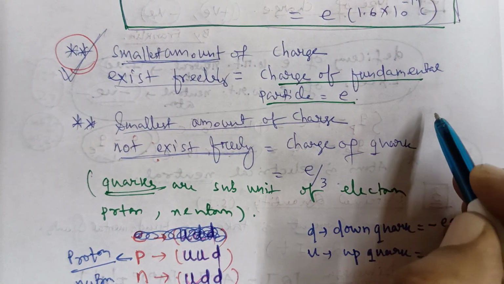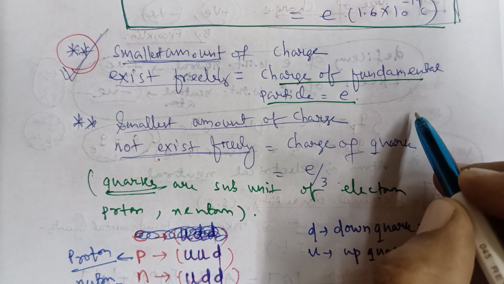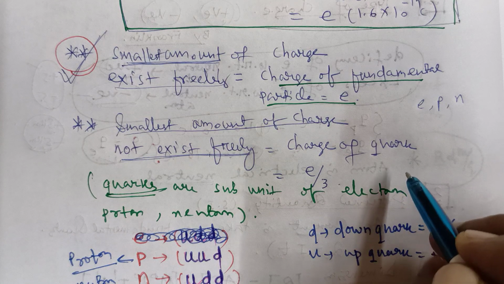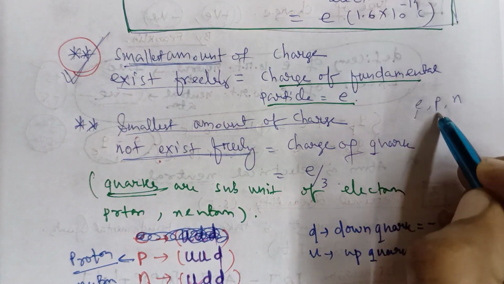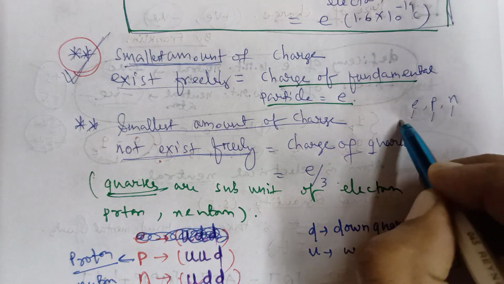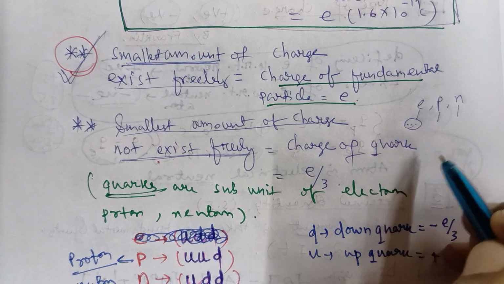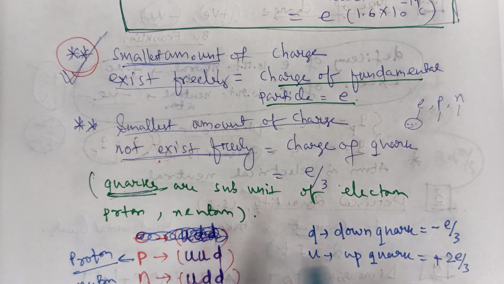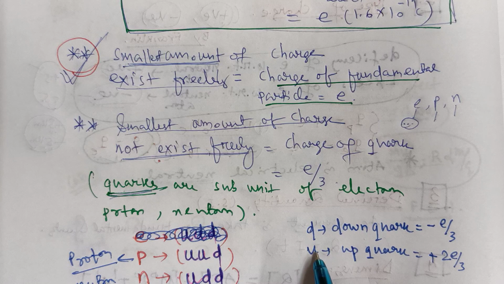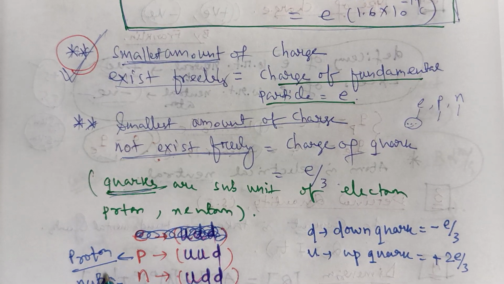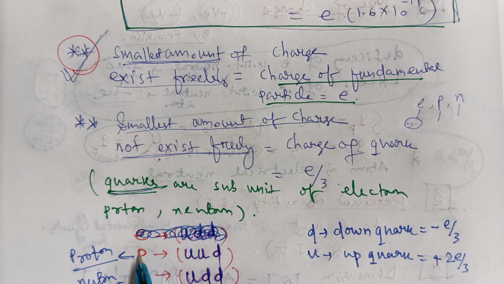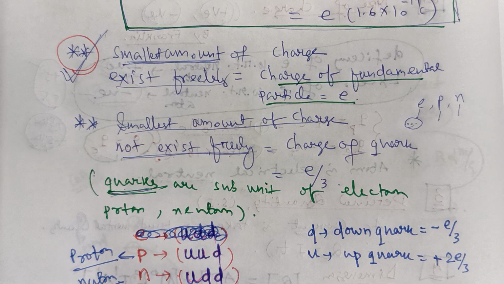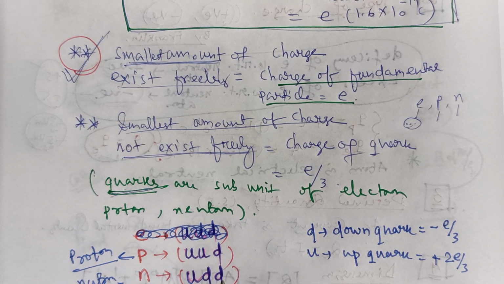Now you see, when we discuss the atom, the subatomic particles are electron, proton and neutron. And proton and neutron also consist of a number of small particles that are called quarks. Different types of quarks are there. I have written down quark and up quark. Here is an example. Proton consists of 2 up quarks and 1 down quark. Neutron consists of 1 up quark and 2 down quarks.